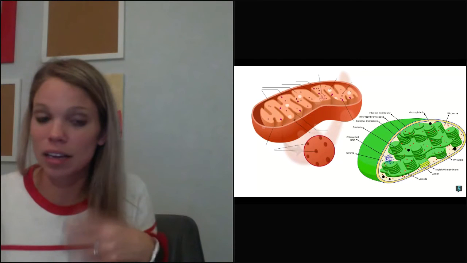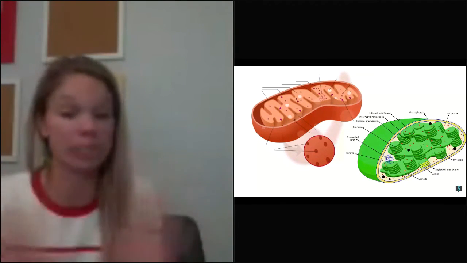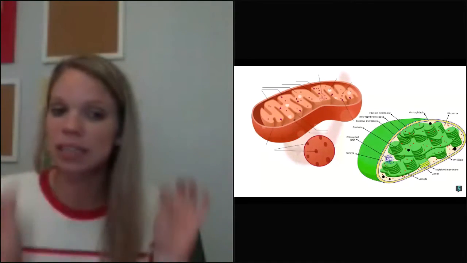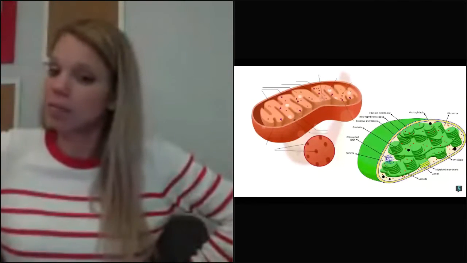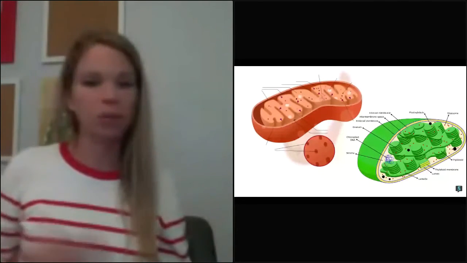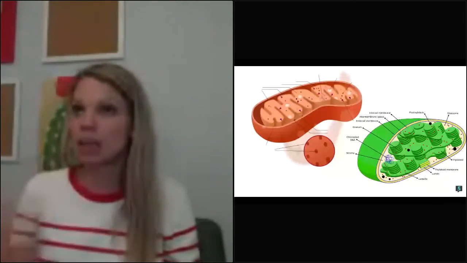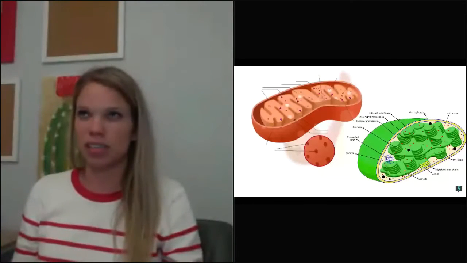DNA, like in your own nucleus, doesn't make the proteins to make mitochondria. Mitochondria does its own business. It makes its own mitochondria in its own little cells. It's all on its own. It's a strong, independent woman, or man, if you will. Chloroplasts are the same way. In plants, they have their own DNA. They do their own DNA replication, their own meiosis, mitosis, all that stuff. I mean, they're prokaryotic, so I guess they don't do mitosis. I guess they do more like binary fission.